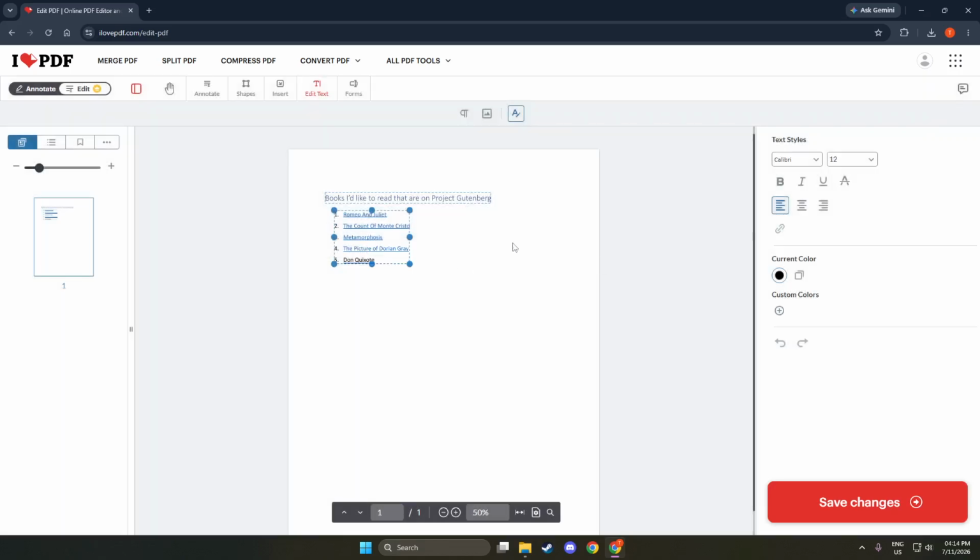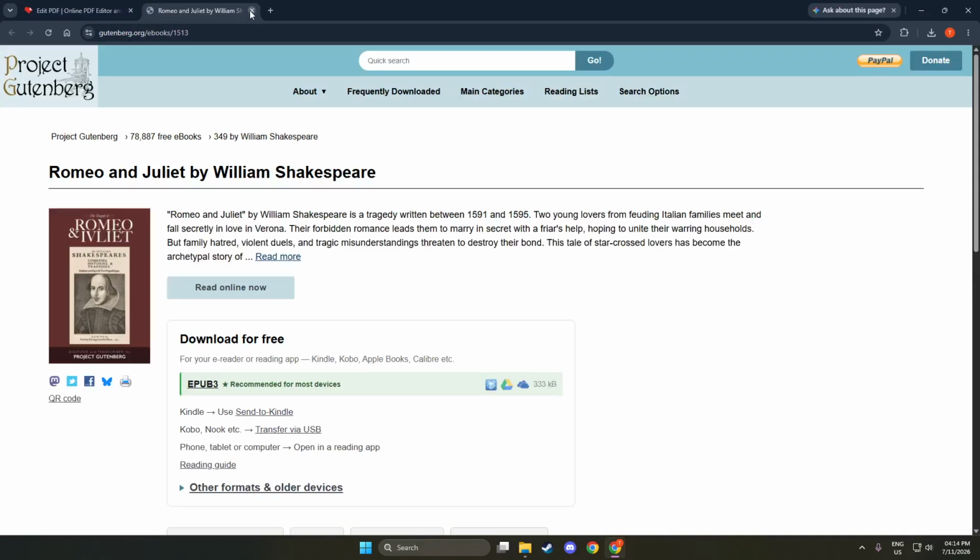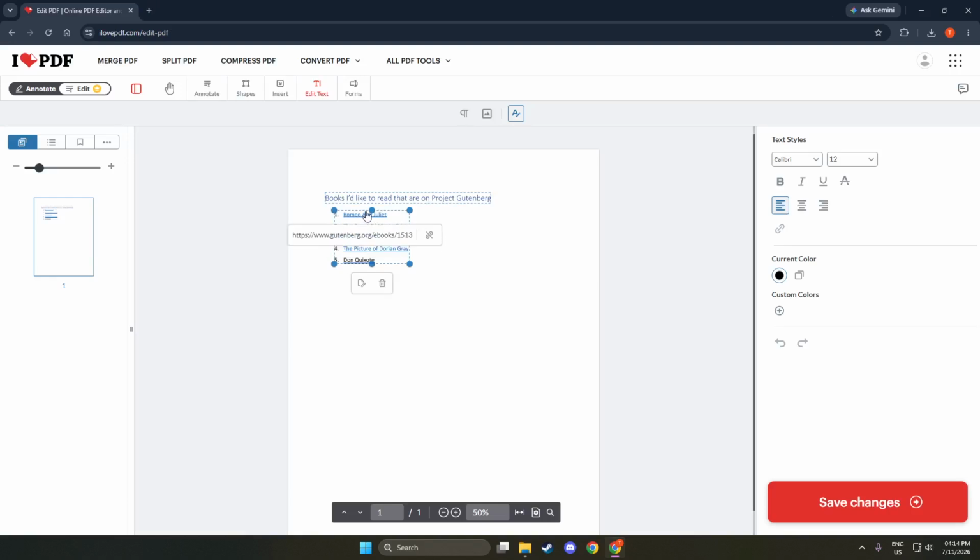Choose the PDF file you want to edit, and once selected, it will begin uploading. This step is significant as it brings your document into the editing environment. You will see a progress indicator that shows the upload status. Just a moment, and your file will be ready to edit.